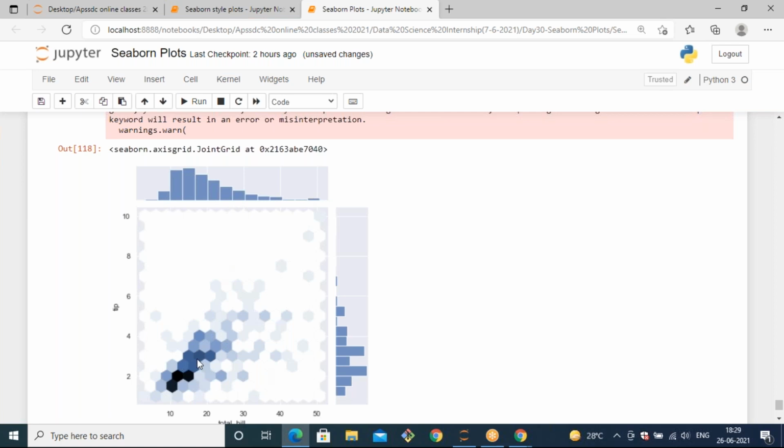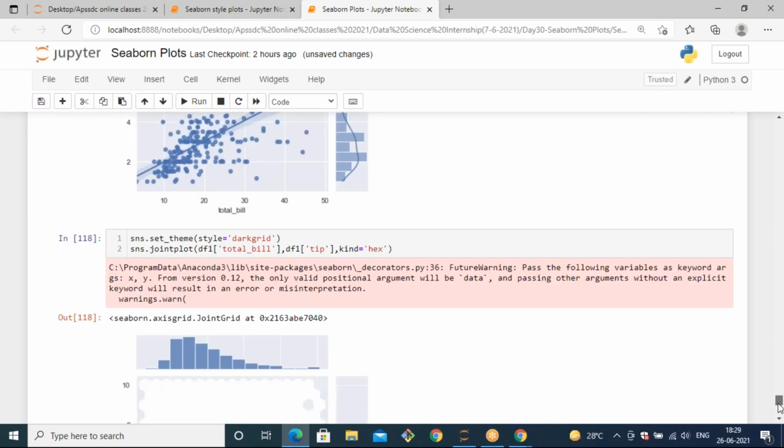If I specify kind equals to hex, it will generate the marginal plot as a histogram. In the backend there is a specific function to do that. Like this, the joint plot will be generated.